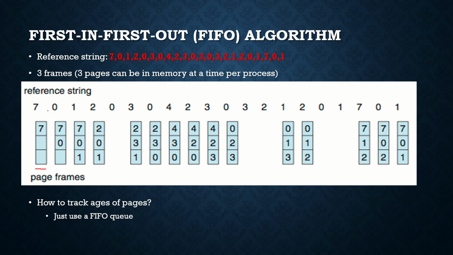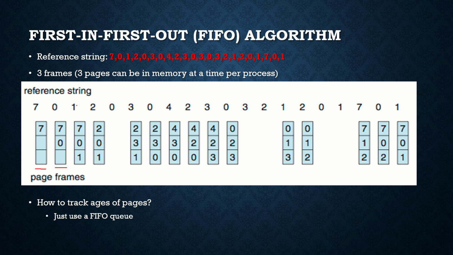Next coming page is 0. Currently in your memory only page number 7 is available. Again 0 coming means a page fault is occurring, because 0 is not at all available in your memory. So a page fault is occurring and it is going to copy that 0 into the second frame in the memory, because we are having 3 frames. Currently 2 frames are free, so we are writing 0 here, and here also one page fault occurs because 0 was not there in the memory.